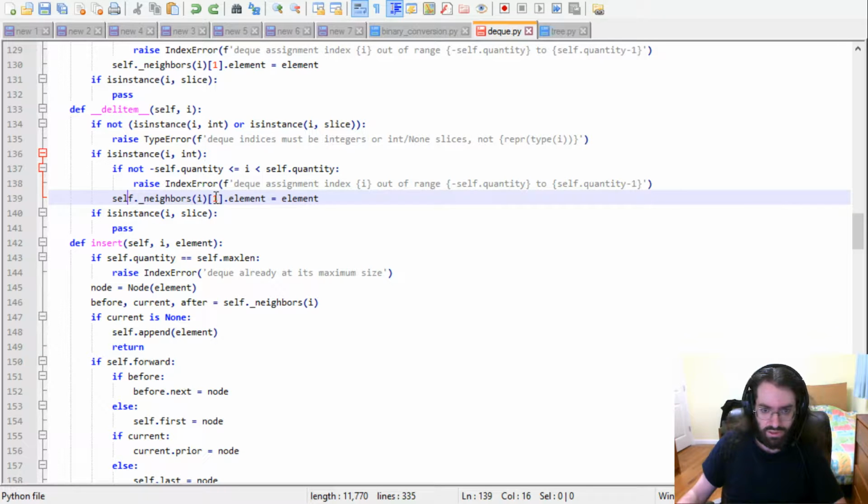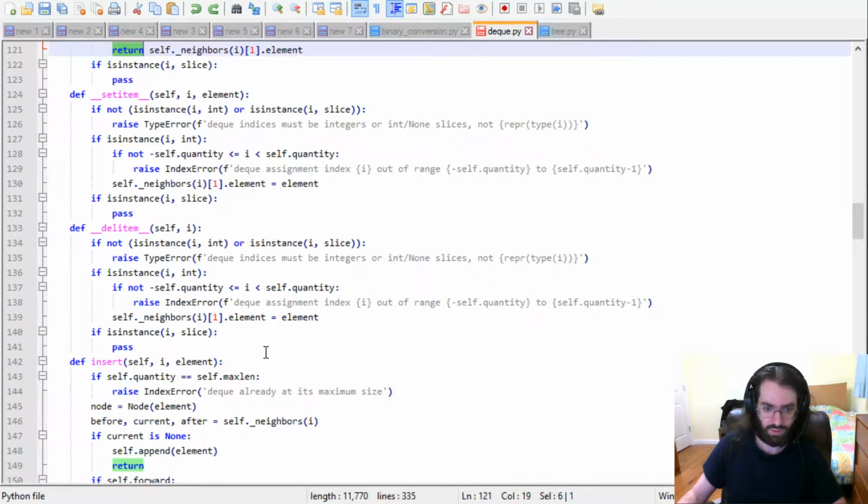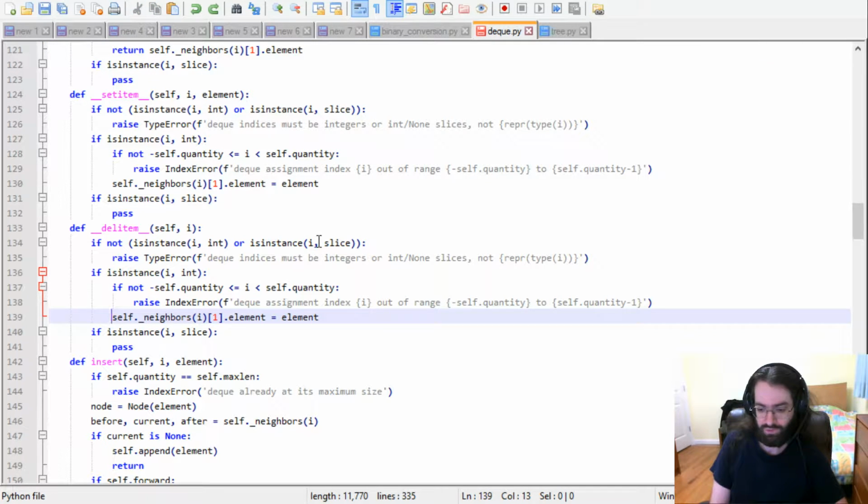Instead of just saying the current element that we're interested in gets a new value or is returned, we have to delete it. So, to delete it means we have to get the nodes next to it and make them point to each other. And that means